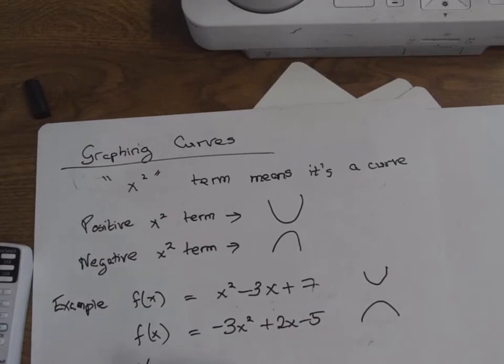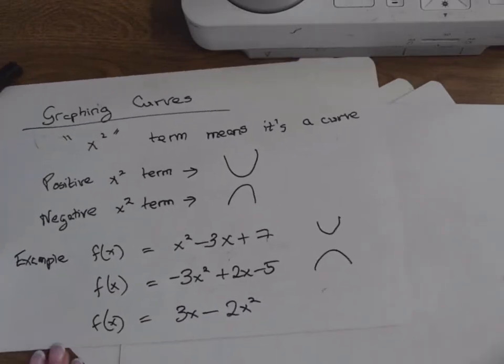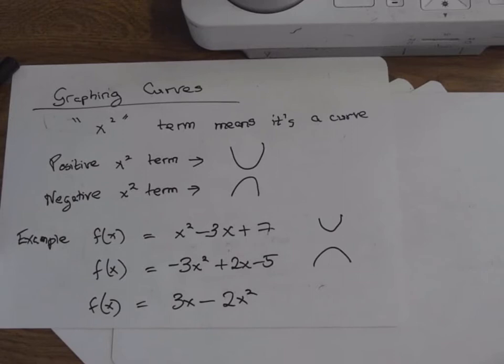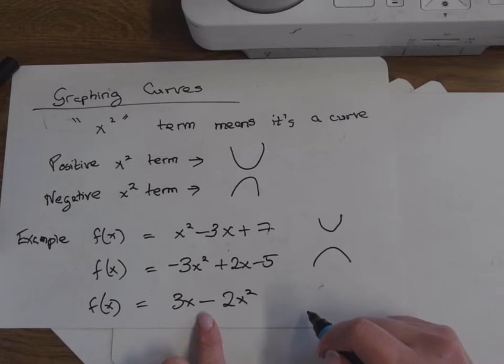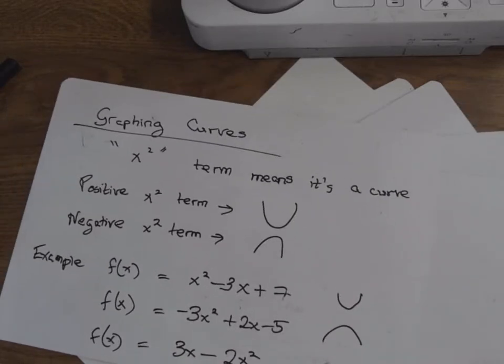f of x equals 3x minus 2x squared. Tell me about that. Curve. X squared term. Don't mind the x term, you're just looking at the x squared term. So is the x squared term positive or negative? Negative. So what's the story if it's negative? It's going to end up with a sad face. Okay? So now we're going to do an